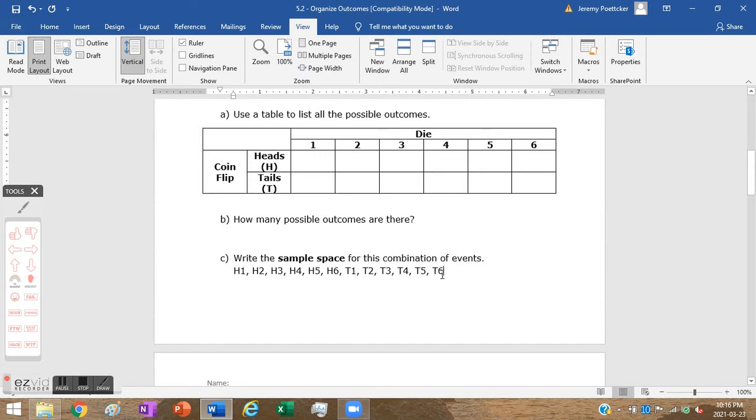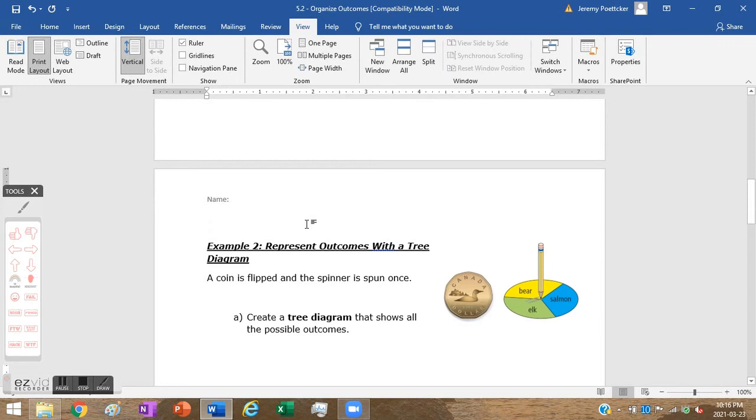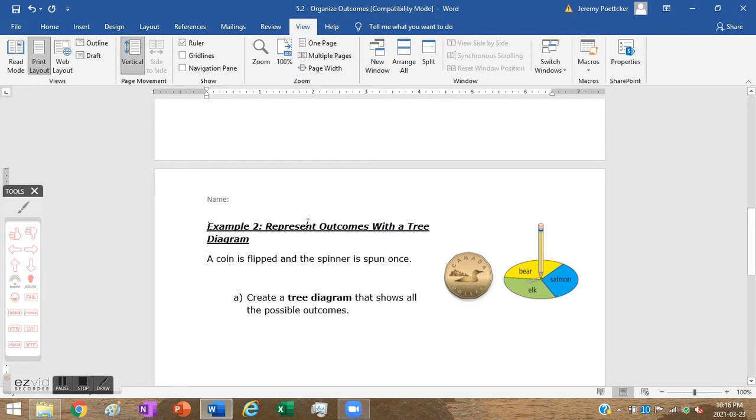Okay, and you might think, okay, this seems sort of silly. I just listed them all in the table. It is sort of silly if you've already done them in a table, because a table is a way of showing that sample space. However, if we move on here, when we want to represent some outcomes with a tree diagram, a tree diagram, pretty easy. It makes it make a little bit more sense sometimes to show your sample space,